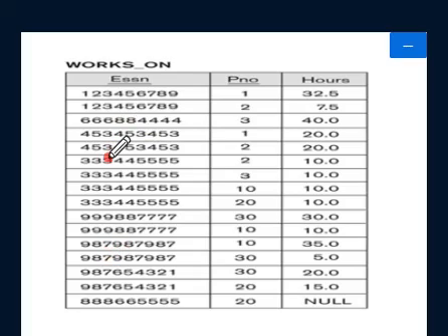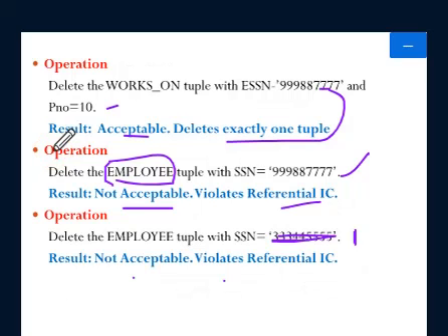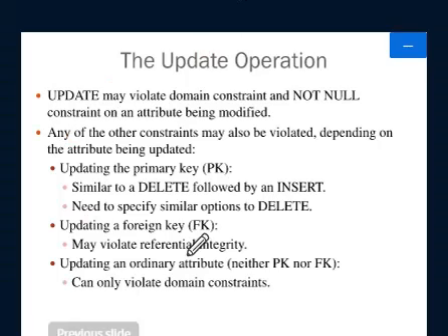So if the child table is not having the value of a parent table, then if I delete in the parent table, it doesn't matter. It is acceptable. But if the child table is referring to that parent table value, then I cannot perform the delete operation. If it is trying to delete the parent table value which is referred by the child table value, then referential integrity constraint is violated. That time we can take any action like restrict, cascade, set null, set default. Hope it is clear for you.